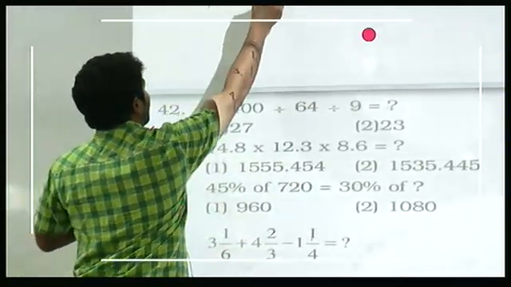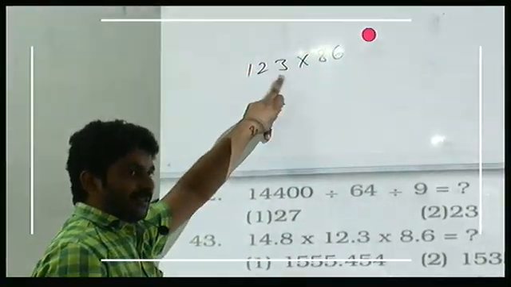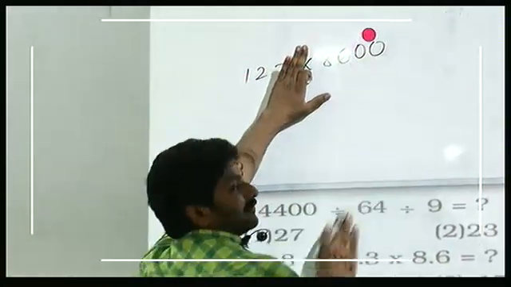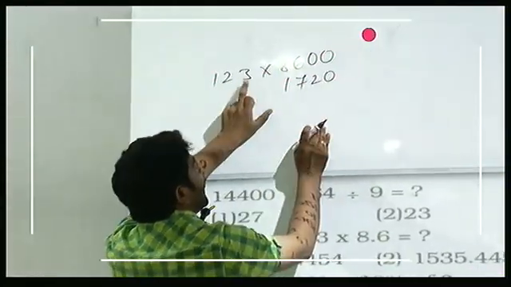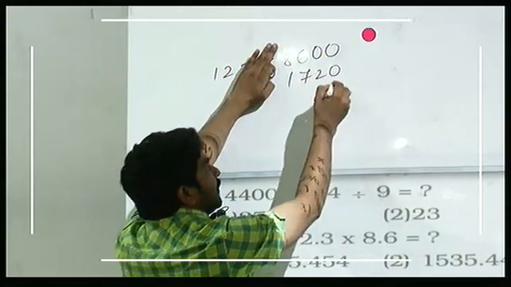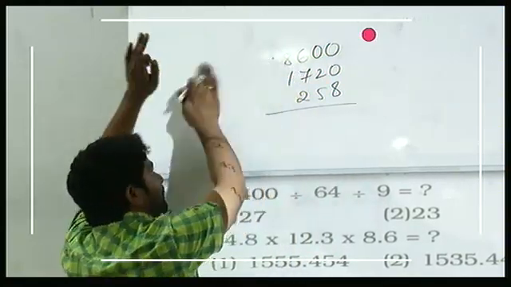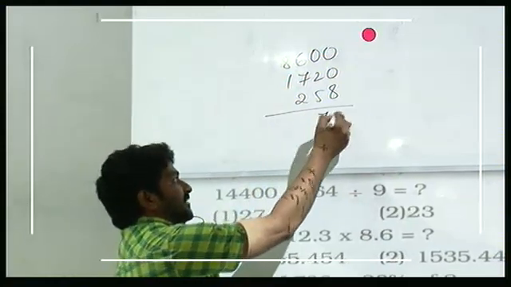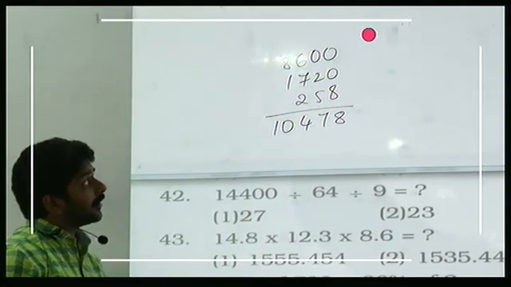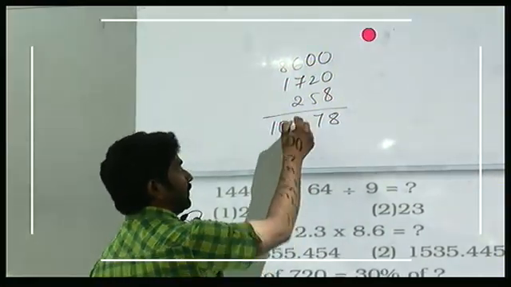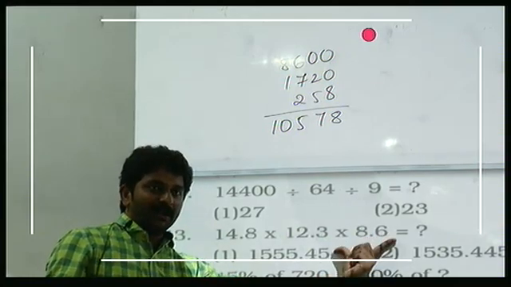It is 123 multiplied by 86. 100 times, 20 times, 3 times. 100 times, next 20 times, 86 20 times. 17, 20 and 86 3 times. 258. Right? This is 100 times, 20 times and then 3 times. Now let's add everything. This is 78. 15, 105, 78. But after decimal you have one digit here and here one more digit. Total 2 digits. So it becomes